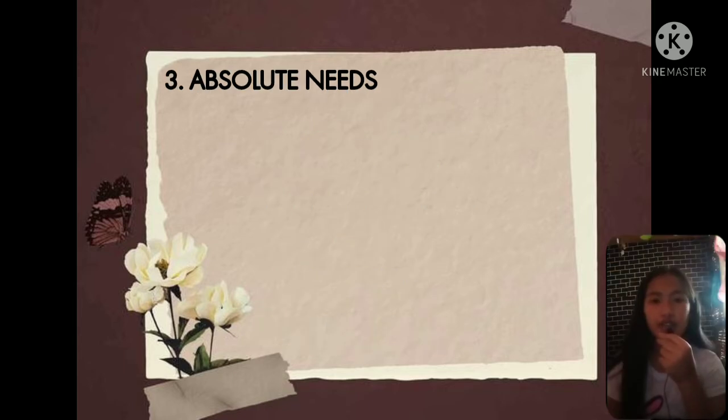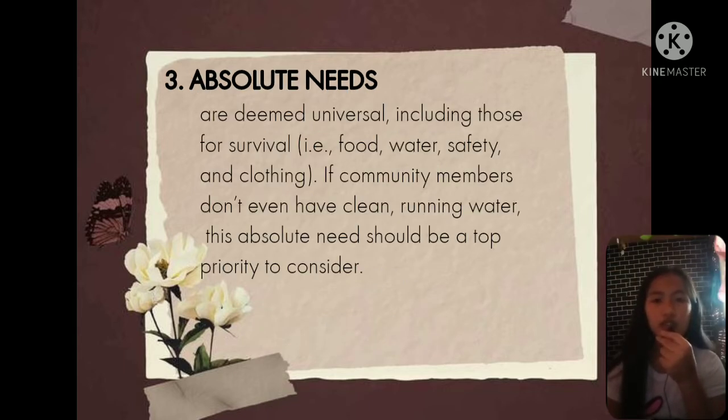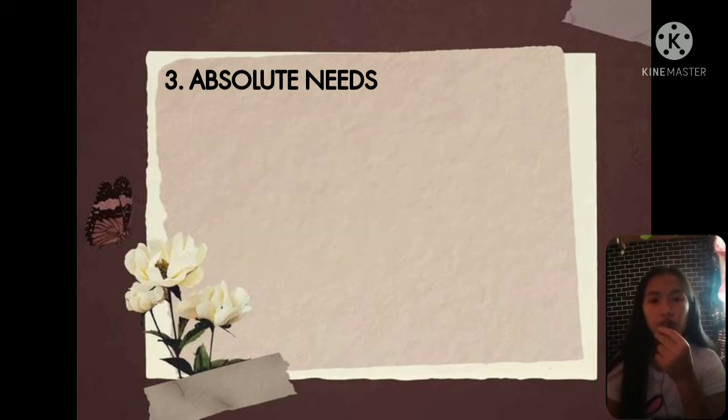Absolute needs are the demands that are universal, including those for survival: food, water, safety, and clothing. If community members don't even have clean running water, these absolute needs should be a top priority to consider. Example of absolute needs: absolute priority